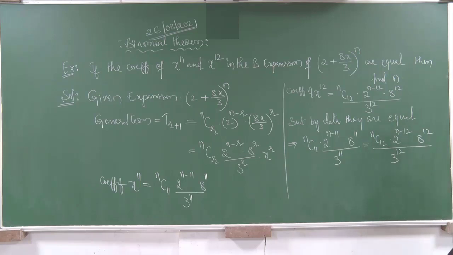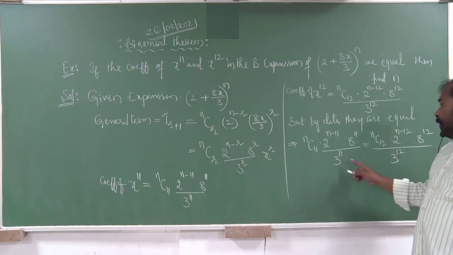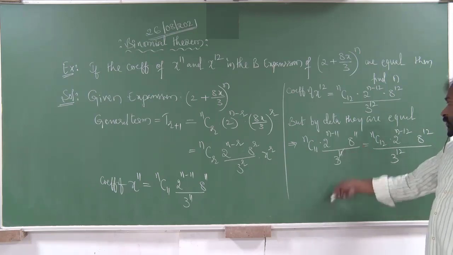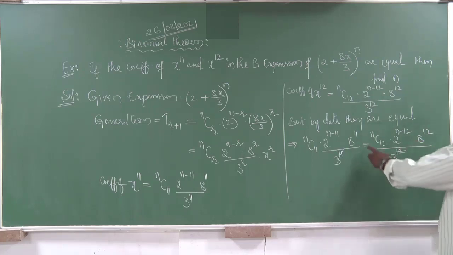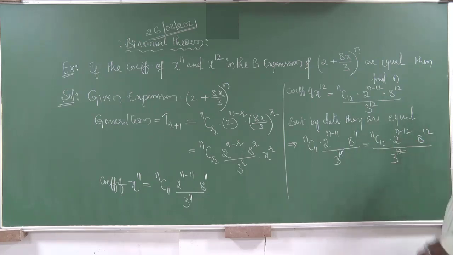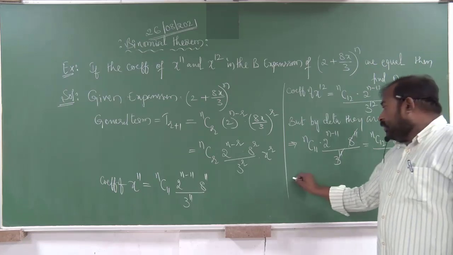Then simplify. Here 3 power 11 is there, 3 power 12 is there. Cancel. Here you will get 3. 8 power 11 is there, 8 power 12 is there. Cancel. Here you will get 8. Then here 2 power n minus 12 is there. Of course you can write 8 value as 2 cube, you may write this value. That means here you will get